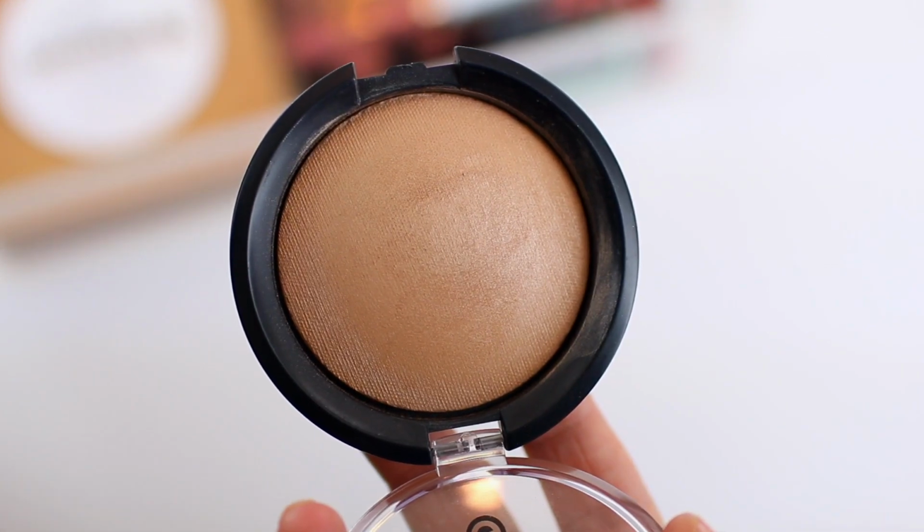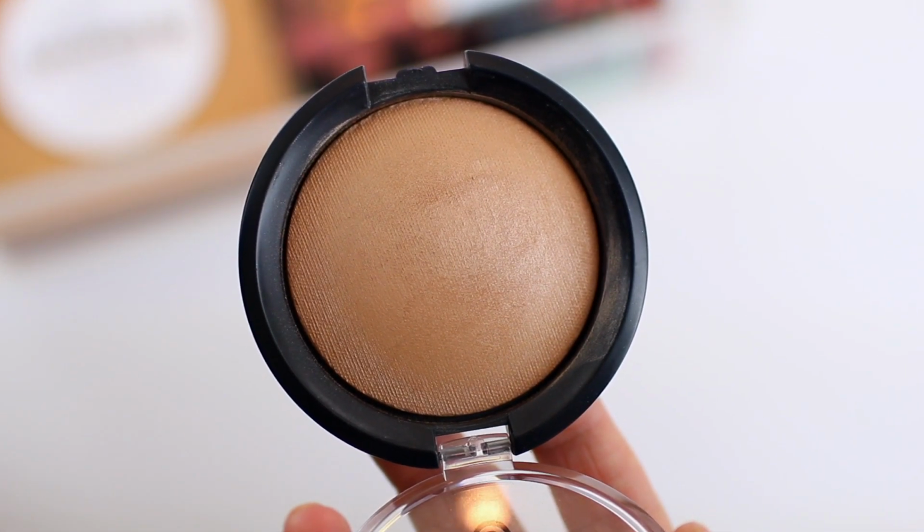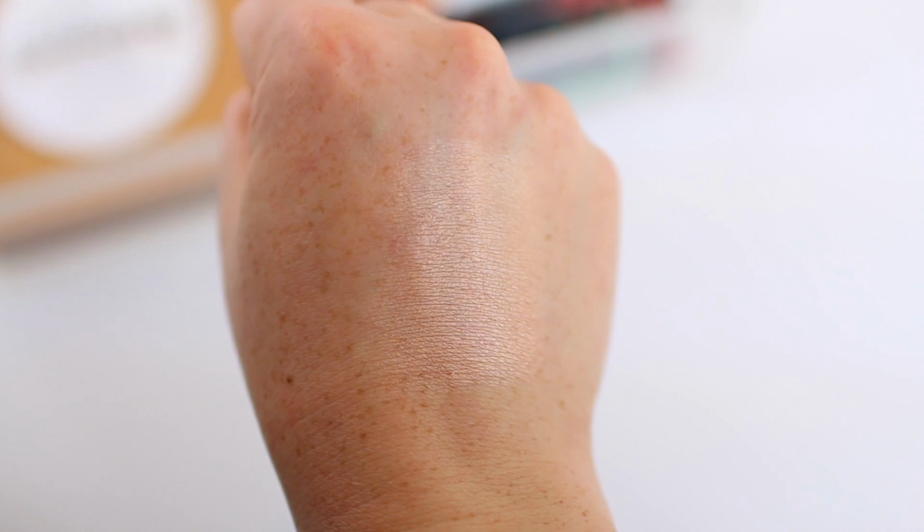This was definitely one of the first products that I purchased from Essence, and it's such a beautiful natural highlighter formula. I honestly don't think I have anything as subtle as this in my collection, but this is going to be such a great choice for those of you that don't necessarily love highlighter, but kind of want to try it out. It just has this gorgeous peachy champagne tone to it, but it barely shows up on the